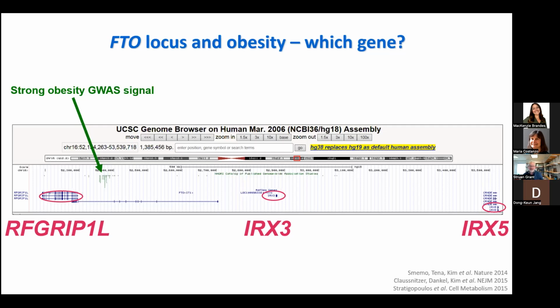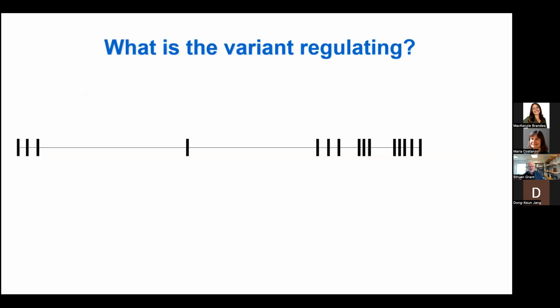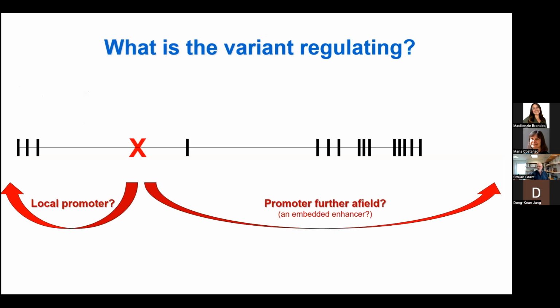But it's clear that we need to go through each of our loci that we found in GWAS and actually understand what's going on at each of these loci and which targets are most interesting. And so really, to summarize what I've just said, you've got a variant. It's typically non-coding when it comes out of GWAS. It's either in an intron or it's between genes. Is it driving the nearest gene or is it driving a gene further afield?